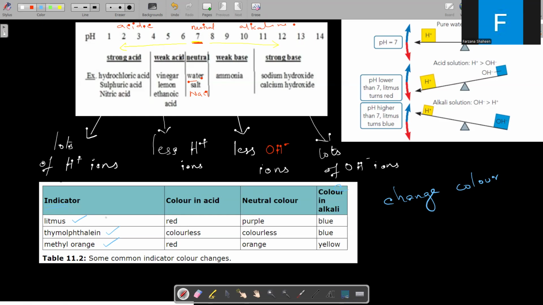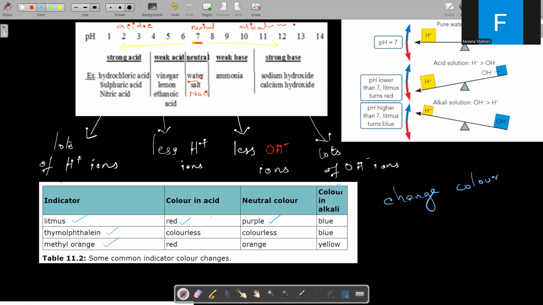And it becomes purple in neutral solution. So whenever it's a neutral solution, it becomes purple. That is pH 7, it becomes purple. And when an acidic solution is added to it, it turns red. It turns red. And this color change of litmus is the result of the chemical